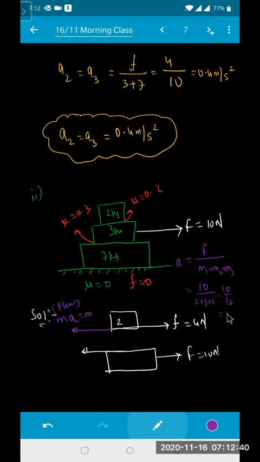And that will be equal to how much for me? 5 by 6. And this 5 by 6 will be the mass, will be equal to how much for me? This will be equal to your 2 into your 5 by 6. And how much does this come to? Yes, 5 by 3. This is 5 by 3 newtons. This is the amount of force which you are acting on that one.